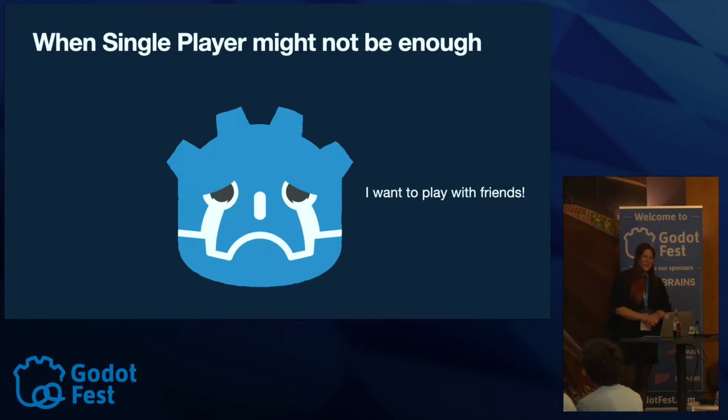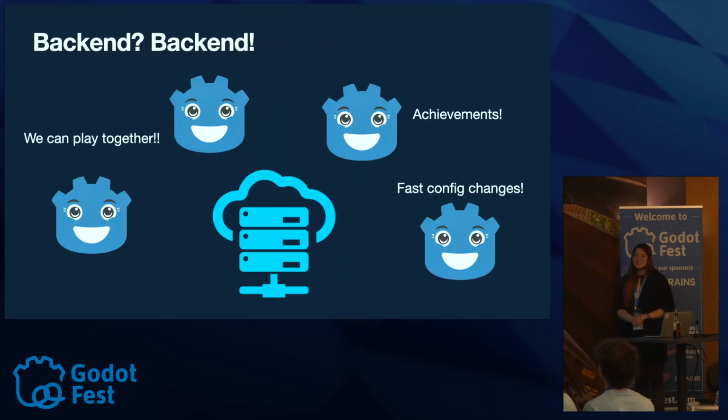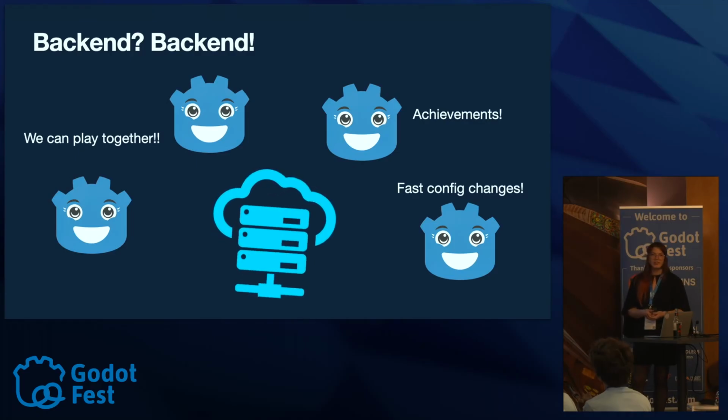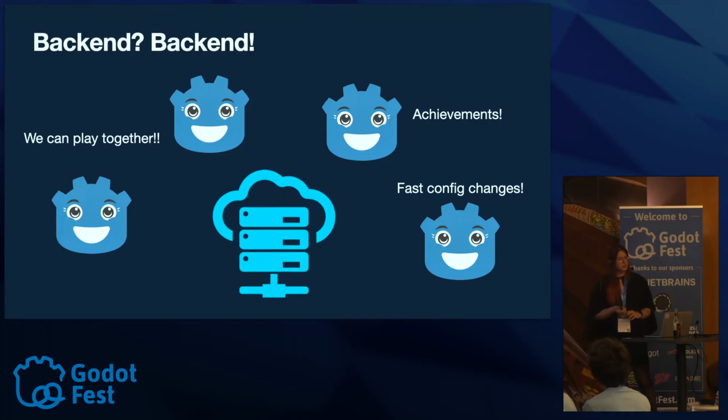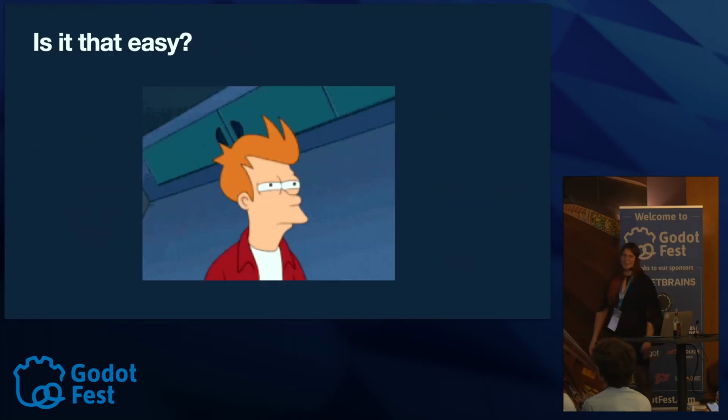You should plan beforehand if you want to do a backend or not, or which features you plan. But there are some ideas you can handle with it. For example, you can add multiplayer features which are handled server-side, where you, for example, need calculations so that no cheating is allowed. You can invent achievements, you can deploy configurations for your game, so you can make fast changes at runtime and don't need to release a new version. You can do multi-language support, or implement features like guilds, chats, parties, where you just need communication between you and other players. But is it that easy?